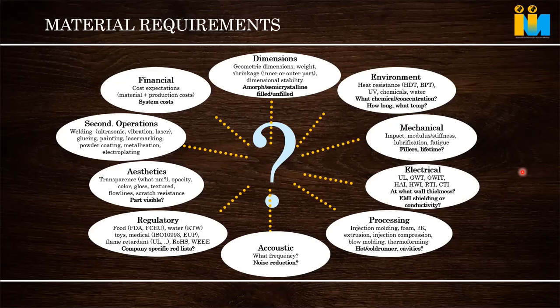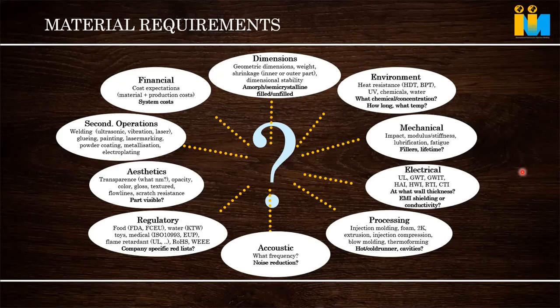So what is the coefficient of thermal expansion? Then RTI means continuous use temperature. We have discussed already. Some materials like PP can be used up to 50, 60 degrees. ABS can be used up to 70, 75, 80 degrees. Some ABS formulations can be used for 85 degrees also. And PC can be used at 110, 115 degrees. Okay, continuous use. Ultem can be used at 180, 190 degrees. PEEK can be used at 230 degrees. This is how we have to select based on the application. We cannot select a quite higher specification for every part looking at the safety, because cost also matters.